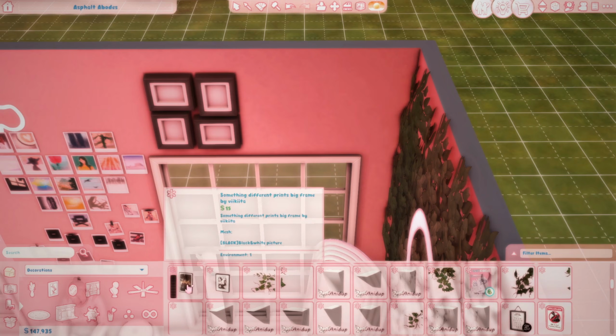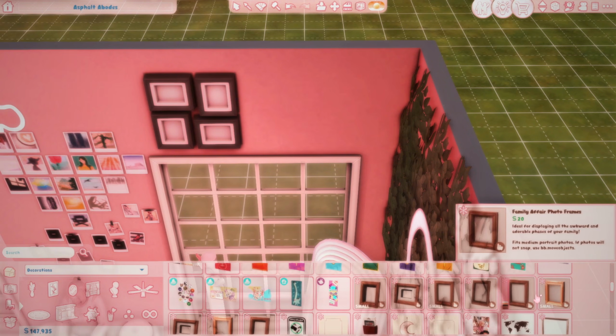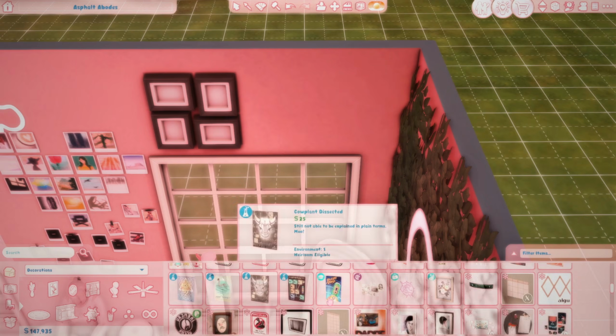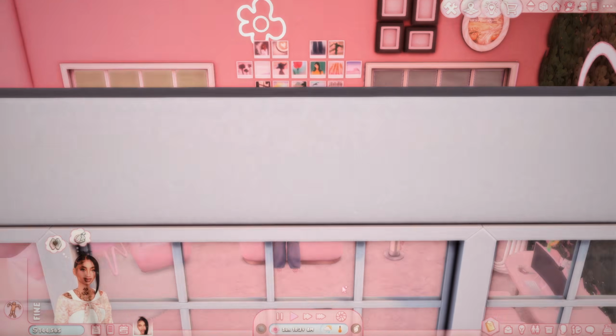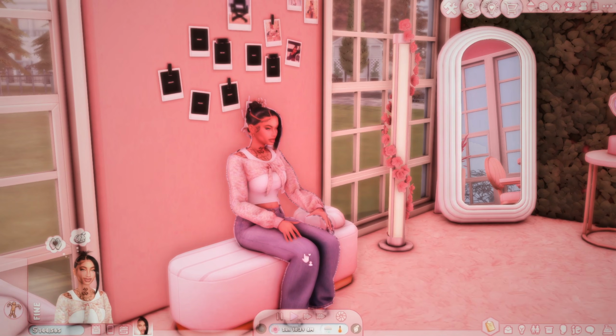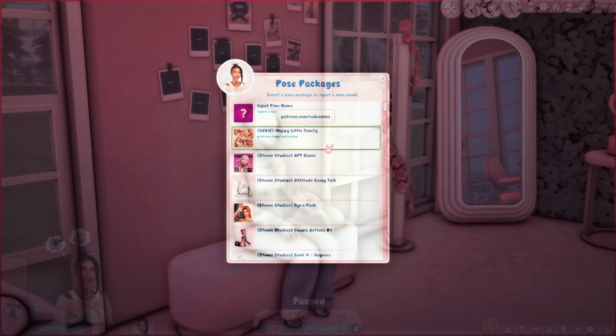But essentially, just go in your game, find the picture frames that you download, make sure that you have them organized in a folder and that they're not merged, and then we can go from there. Okay guys, so this part I was just showing y'all that I had picked out a few picture frames, but essentially in this next part, if you don't already have poses in your game, or however you pose your Sims,